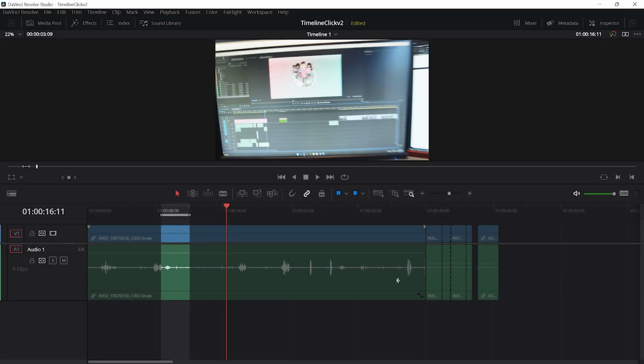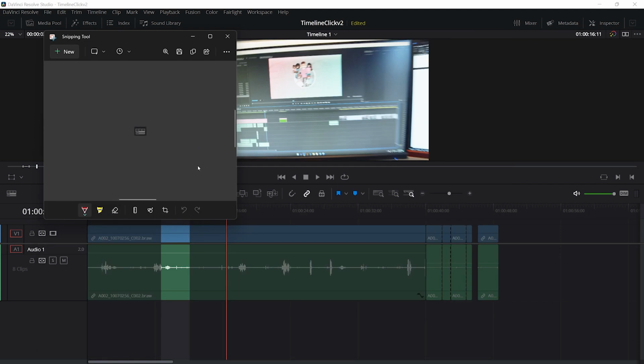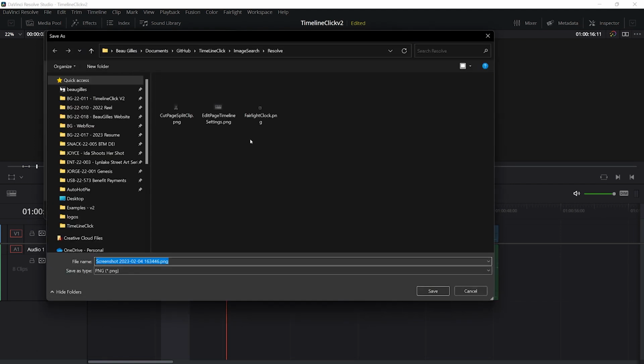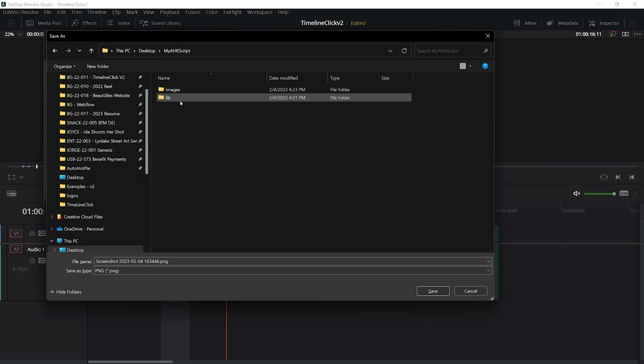And then you'll see a notification pop up in the bottom right. You can just open it up in the snipping tool when you click on that. And then you can save it. And we're going to actually save it to our images folder. And I'll call it edit page resolve edit page